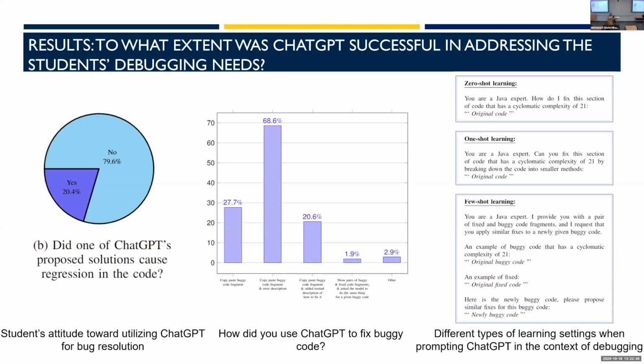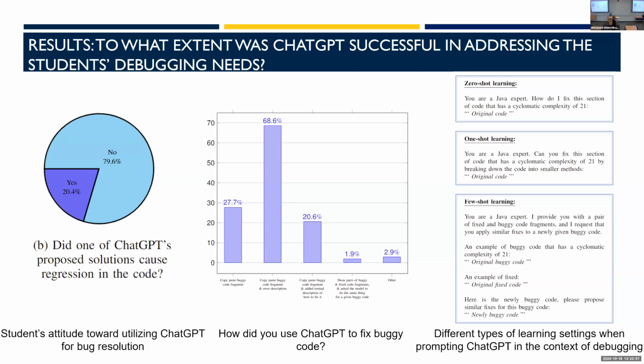And also they end up doing what in the literature is known as zero shot, few shot, one shot. Sometimes students will just take a piece of code and say, hey, fix this for me. Or they will say, I want to fix this, but in this fashion. Or they will say, hey, I made this change myself. This is the broken code. This is a solution. Can you do something similar to this one, right? So we've seen this in their own prompts.